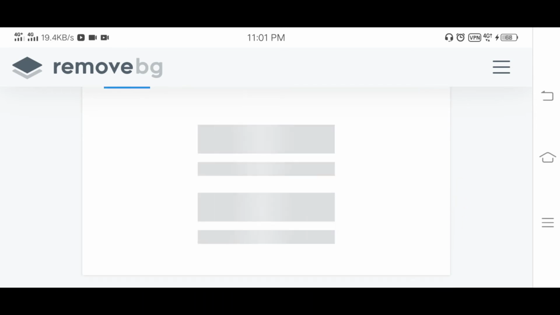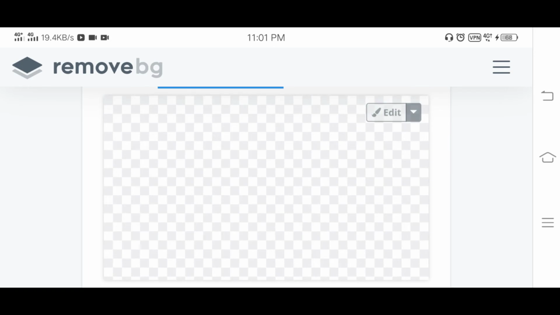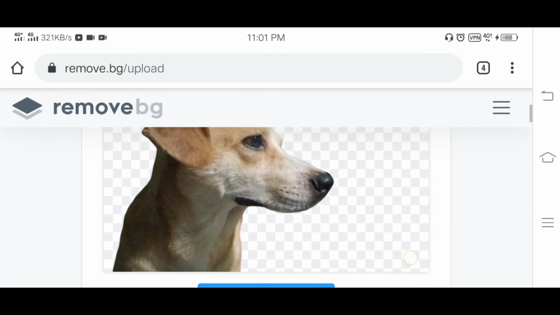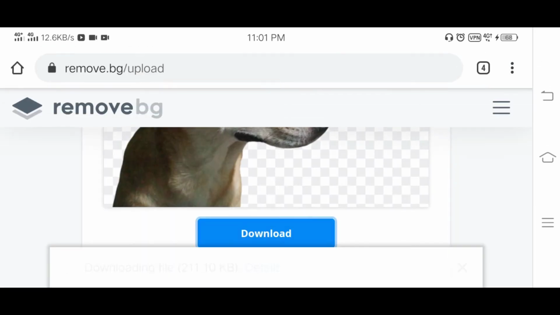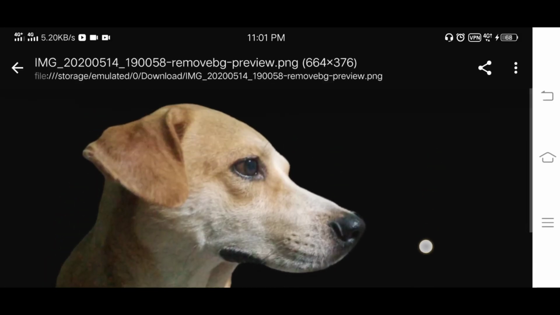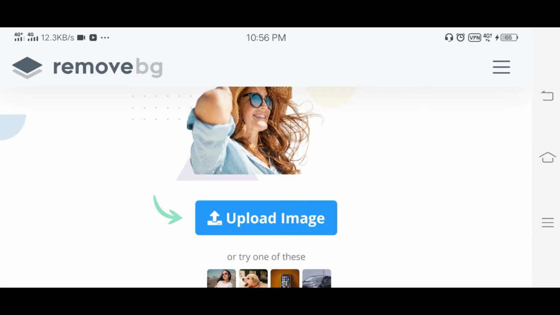After few seconds, ipapakita niya sa atin yung perfect na pagka-edit or pagtanggal ng background. Then for you to download, just click the download and open para makita natin yung result. Perfect, di ba? Next,